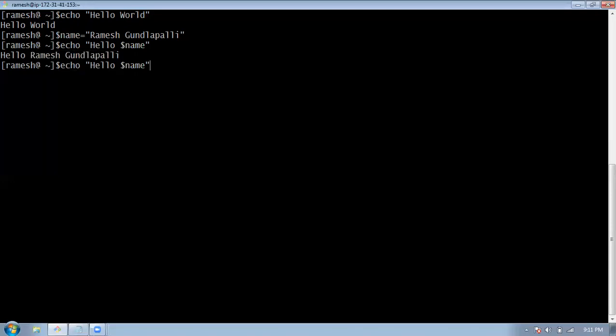Suppose in place of double quotes, I use single quotes. Let's see how it works. The variable will not be converted; it prints whatever you have assigned. If you want it converted, you have to use it without single quotes. When you use single quotes, whatever message is inside, it will print as it is. So just remember that one. And we will see the other options for how to use inside the echo statement.